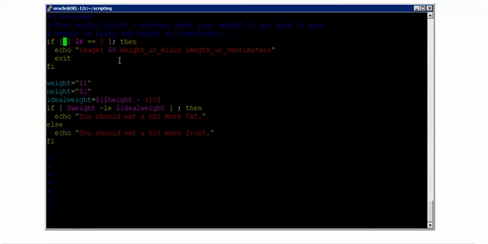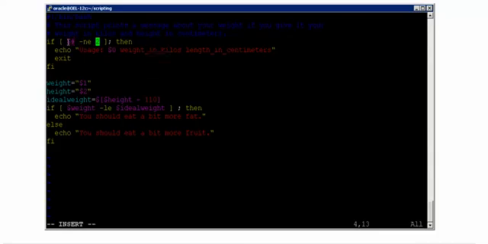So let me not confuse you. You can say $# is not equals to 2. You can also do this. So this is one way. What are you saying? We know from the earlier discussions that $# will tell how many arguments you passed to the script.